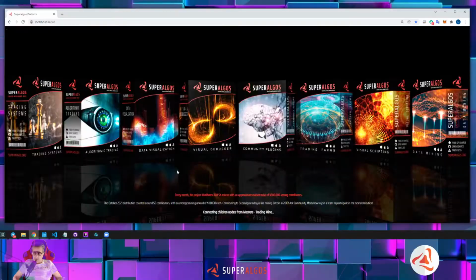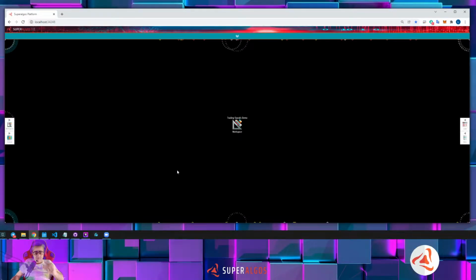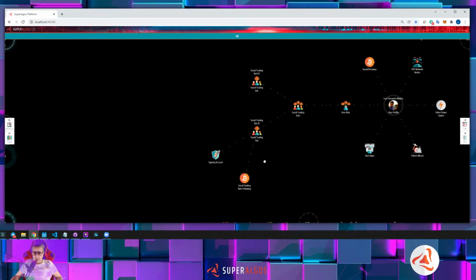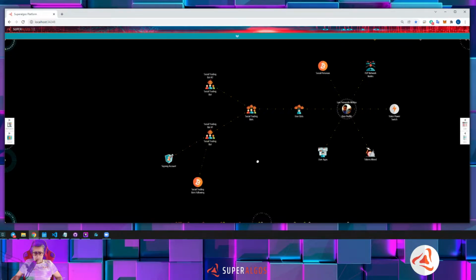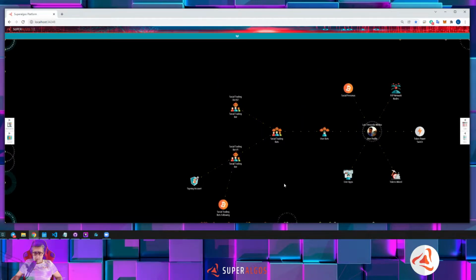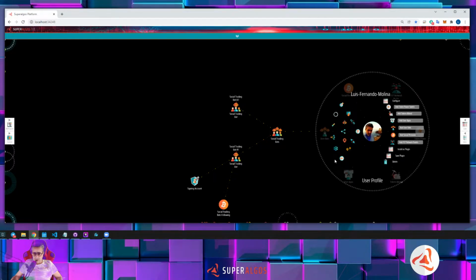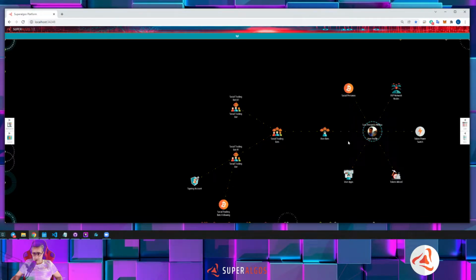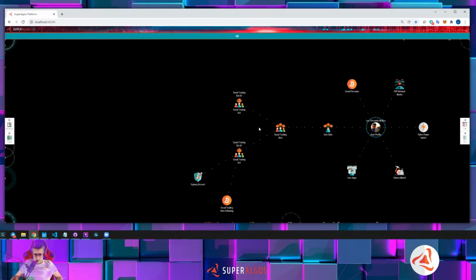Okay, so this already loaded again. We're going to test what we were doing at my profile. At my profile, one thing I have to remember is to save my profile because it's loaded as a plugin. You can see this is a close ring. That means that it's a plugin. So